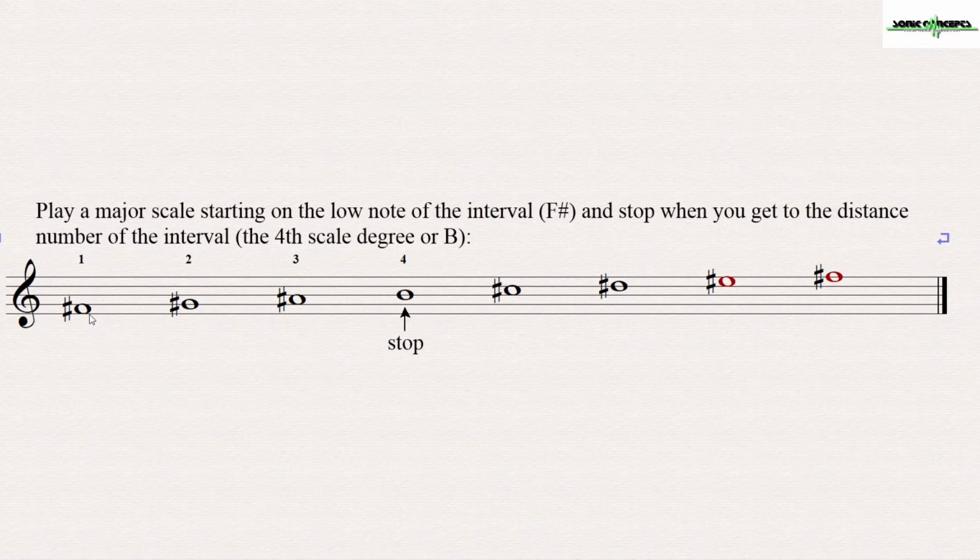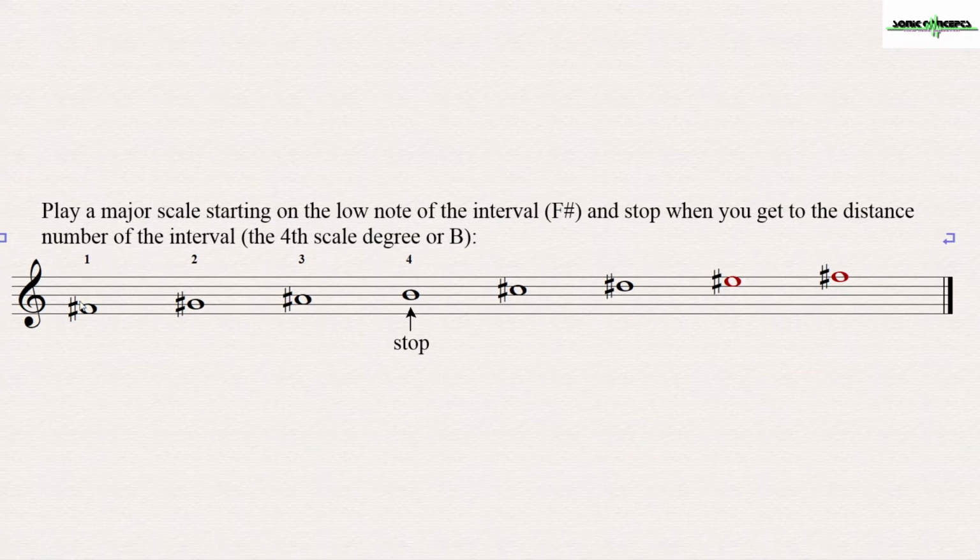In this example, the lowest note is F sharp, and so we will write an F sharp major scale, begin counting or playing by starting the count with the root, and stop when we get to the 4th note. Let's do this now. So F sharp is 1, G sharp is 2, A sharp is 3, and B is